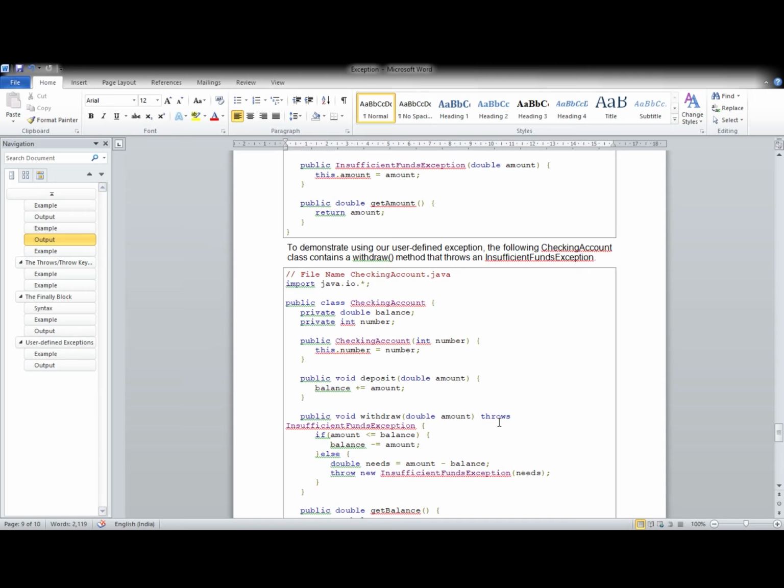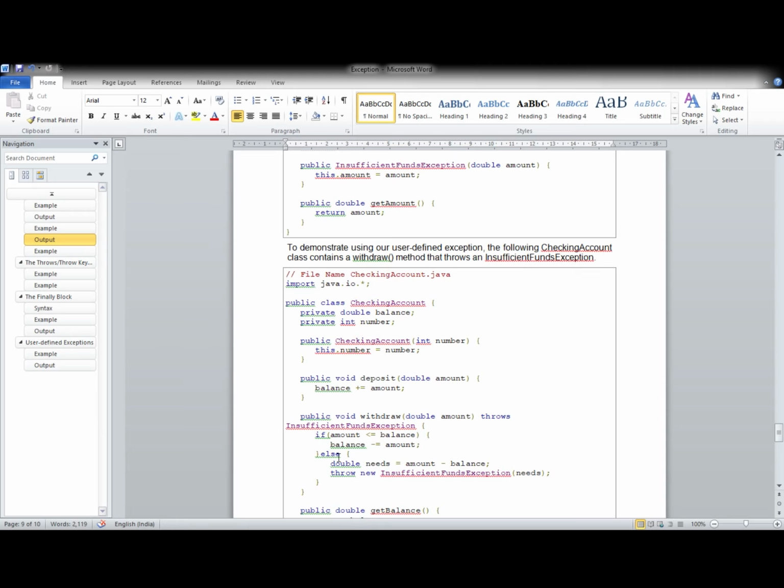Then withdraw of amount throws InsufficientFundsException. If amount is less than or equal to balance, balance minus equal to amount. That means if the withdrawal amount is smaller than the balance, it can be withdrawn, so the balance is reduced by that much amount.